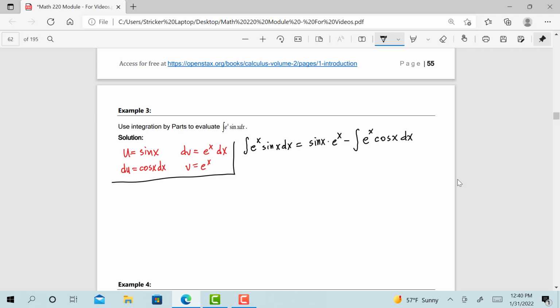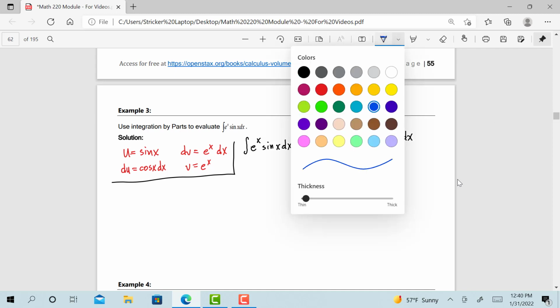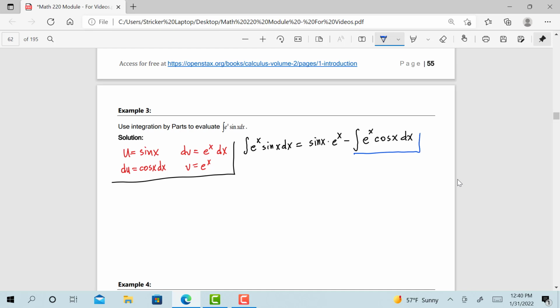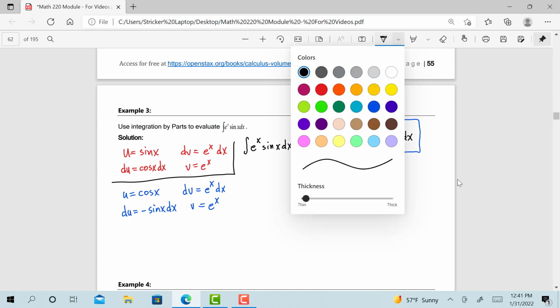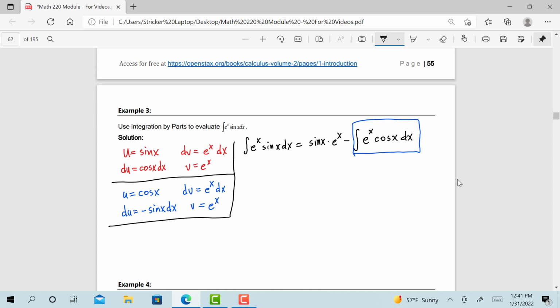But let's go ahead and go through this one more time. So we're going to take this integral and do it one more time. So again, I'm going to let u be my trig function. So u in this case is going to be cosine x, and then dv is going to be my leftover stuff, e to the x dx. That means du is going to be negative sine x dx, and it means that v is going to be e to the x. And so we can go ahead and rewrite this. Then we get that